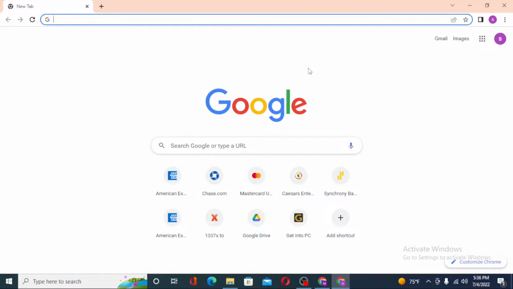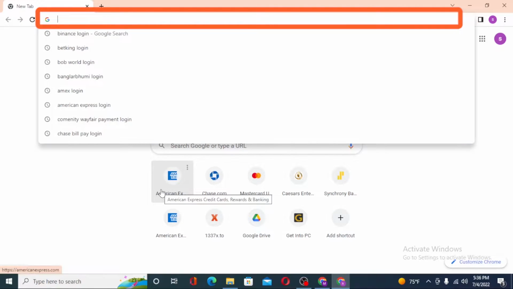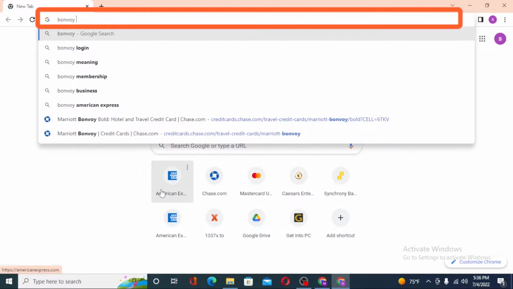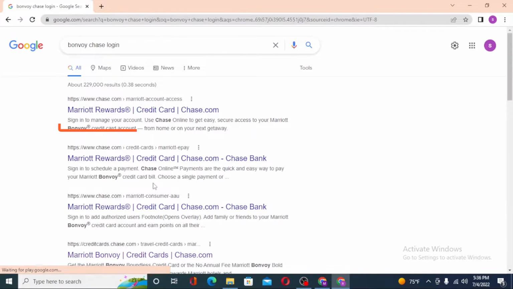Now to log into your Bonvoy account from Chase, first open up your preferred browser on your computer, as I have already opened Google Chrome, and in the search bar click over there and type in Bonvoy Chase login like this and hit enter. And after that, you can see the Marriott Rewards credit card chase.com on the first result of Google. Click over there,